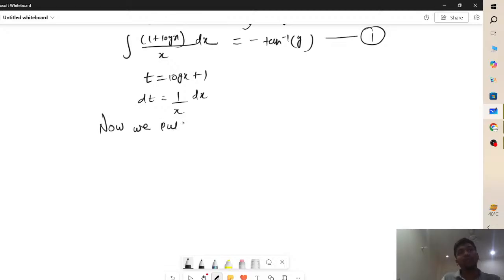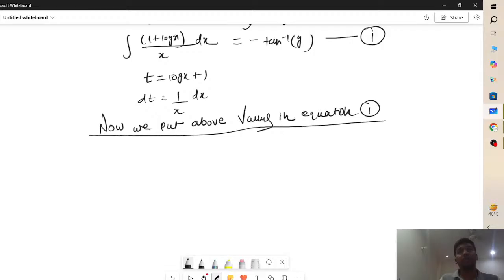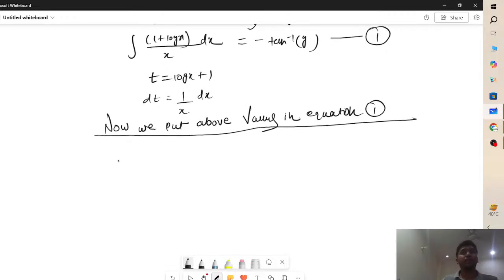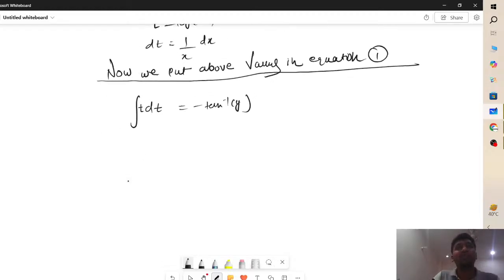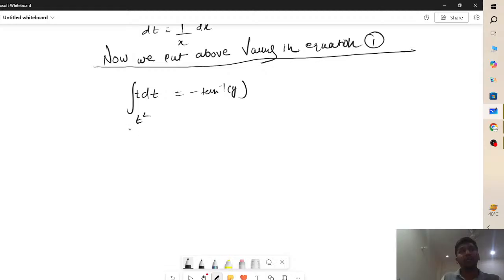नाउ we put our values in equation number 1। What we get, इंटीग्रेशन 1 by x dx के लिए क्या लिख सकते हैं हम यहाँ पे dt है ना, और 1 प्लस log x के लिए क्या लिख सकते हैं t। ठीक है, और ये फर्दर इसको हम कैसे लिख सकते हैं, इक्वल्स टू माइनस टेन इनवर्स वाई लिख सकते हैं। और इसका इंटीग्रेशन बताओ, वो बहुत सिंपल है, वेरी सिंपल, विच इज टी स्क्वायर बाई 2